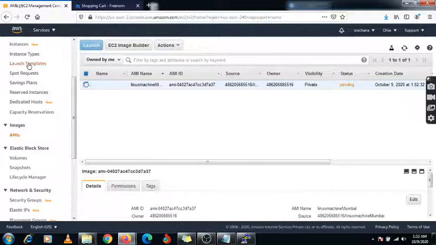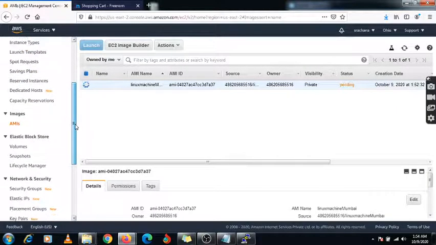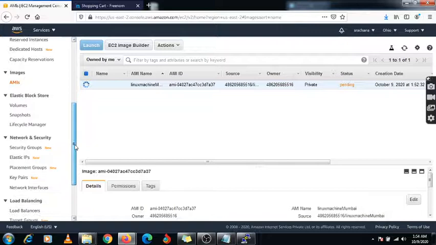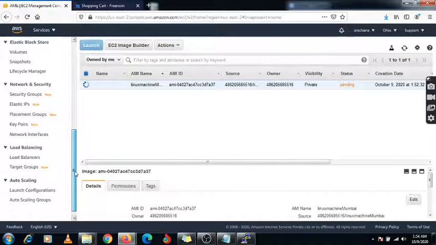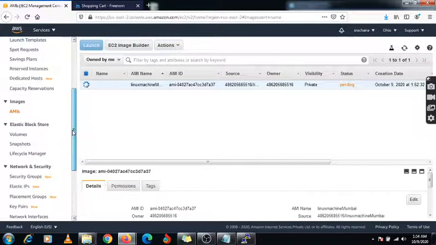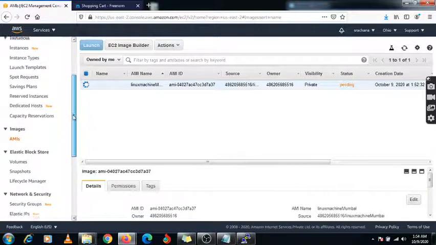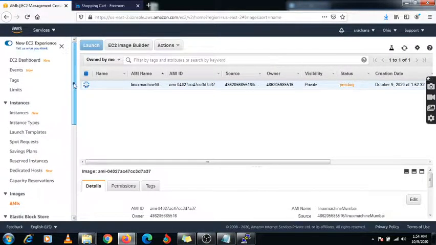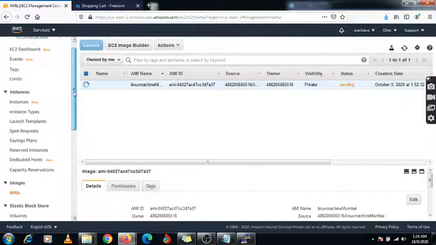Here are the multiple options you can directly select. Suppose you want to launch your template, so you can launch a dedicated host. While practicing on AWS, you can also check what options are available on the left and right hand side.